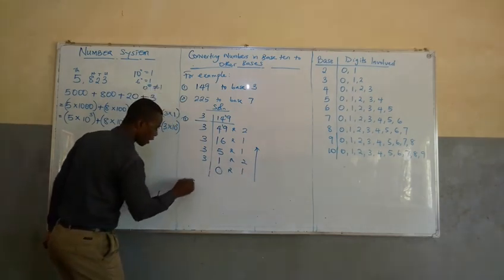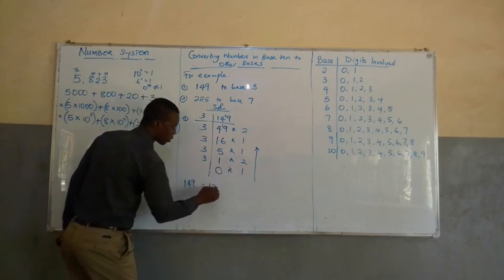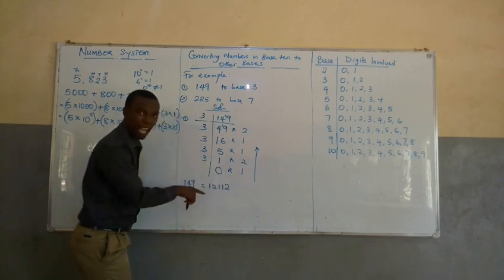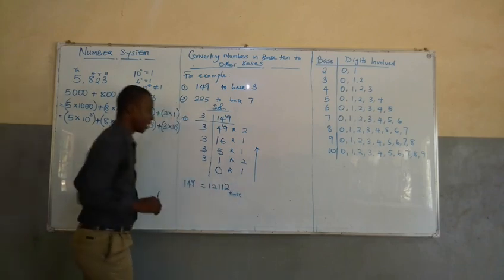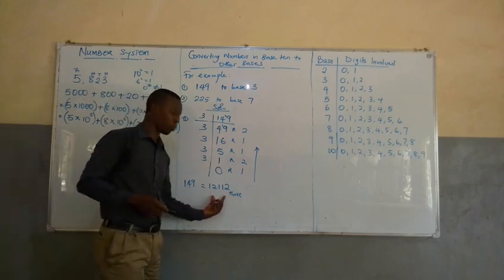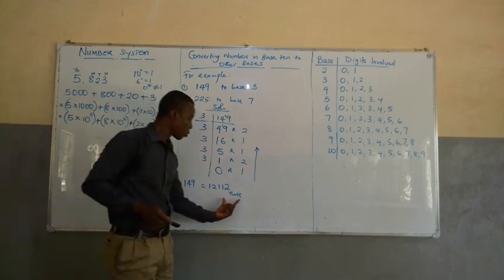So 149 is written as 1, 2, 1, 1, and 2. And I have to indicate the base, that is base 3. I have to indicate the base, because if I don't, it will be assumed to be base 10. So you can see that 149 is written as